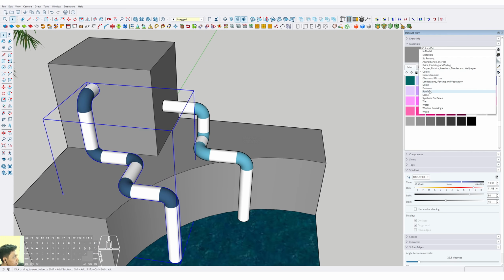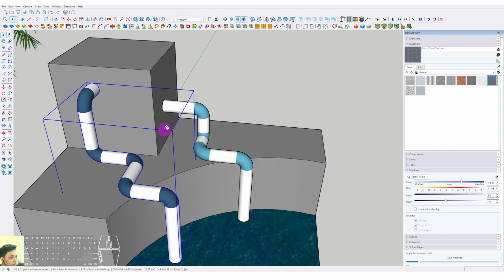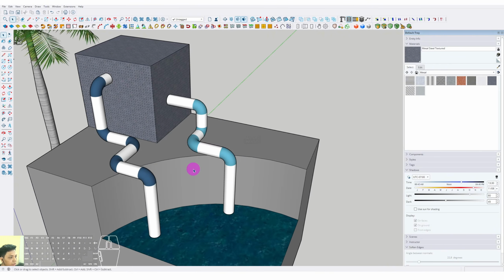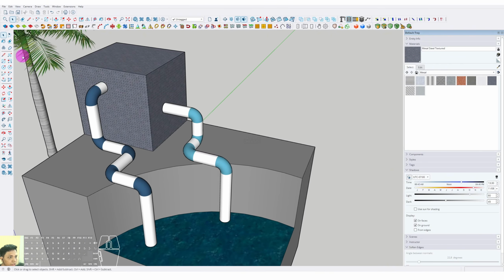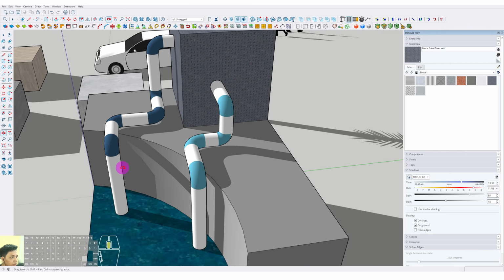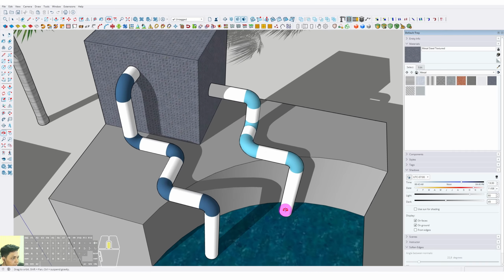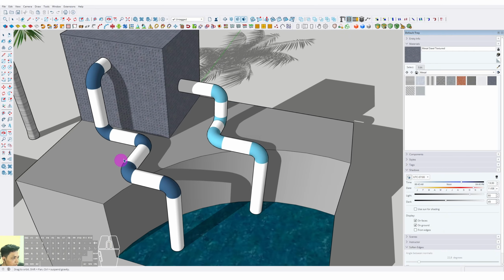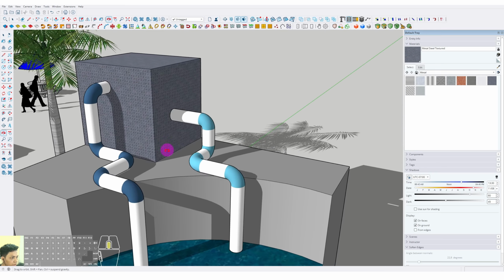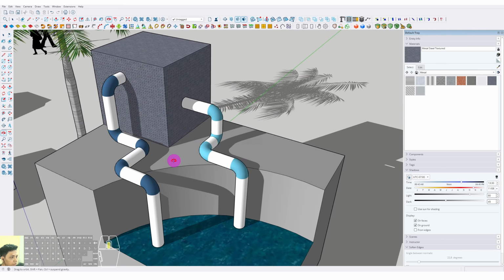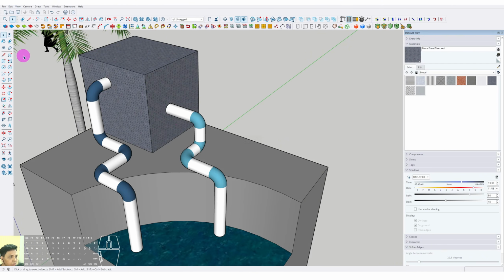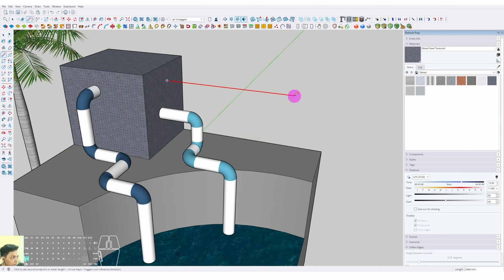Okay, and then now we can select the metal materials. Okay, and then now we can select the shadow. Okay, just like this. Okay, I think that's all. So you can see about the other things, or maybe we can turn off the shadow, and then now we can make